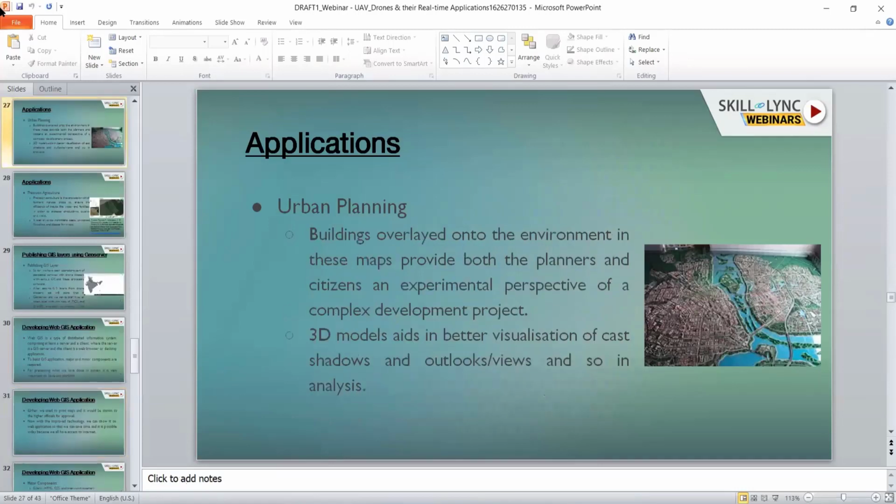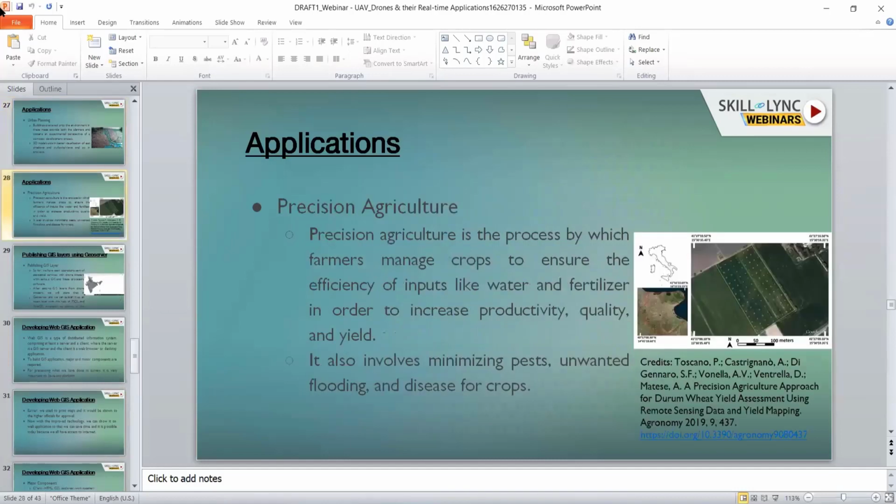Next is precision agriculture. Nowadays, as you know, farmers are having many issues related to agriculture. So drones have entered this area also, and they will give accuracy. For example, if you are